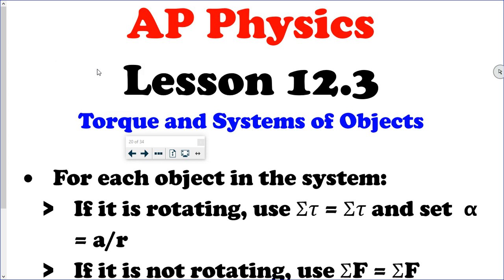All right, here we go. So in this video, we're going to learn a little bit more about systems of objects. And these problems, when you first see them, are going to look really familiar. There's an important distinction. We've done systems of objects in the past, but when we've done systems